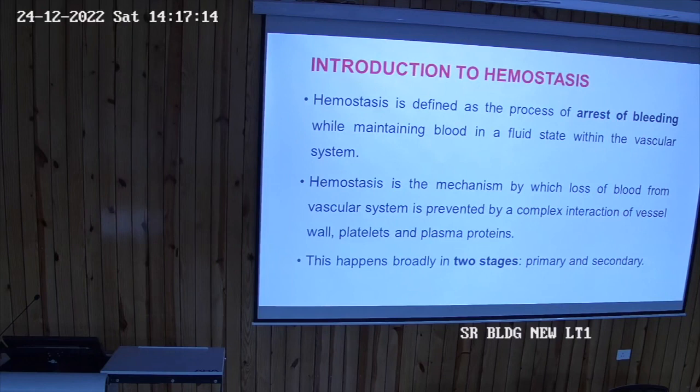Unless an injury takes place, the platelet does not come into the picture or does not become active and result in the formation of a plug or a clot. So platelets, how they are formed, how this property of platelet is maintained, how all these things are